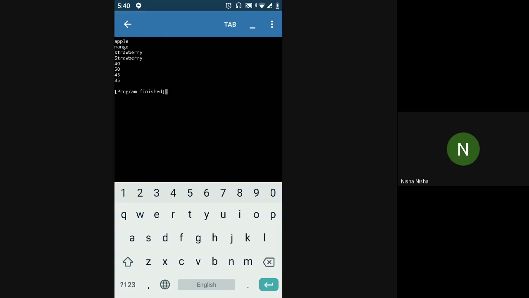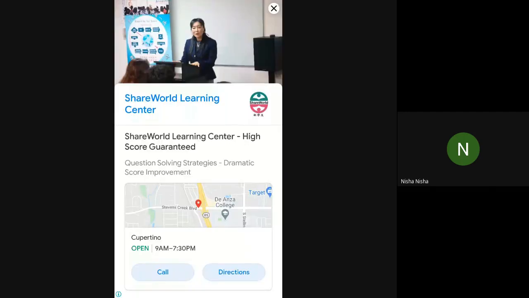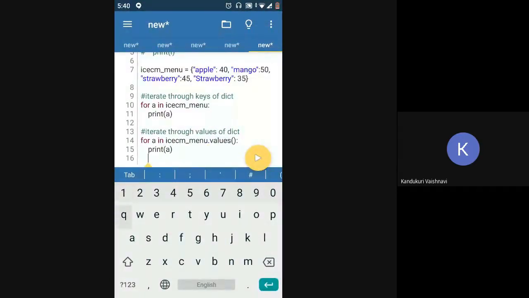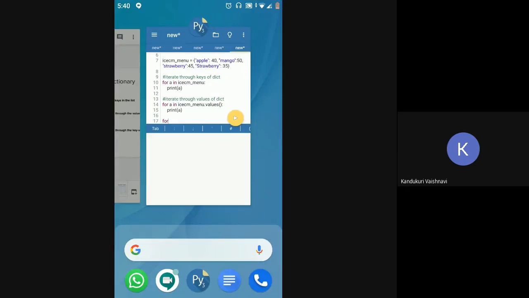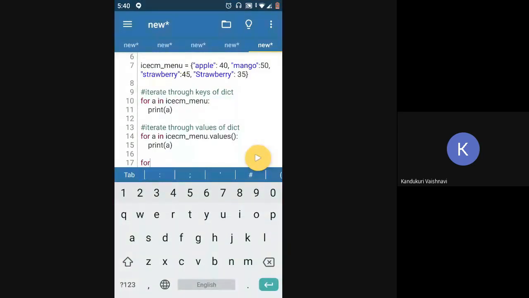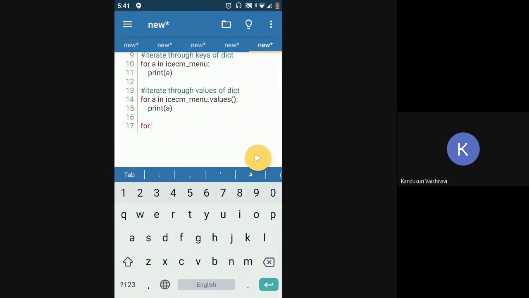Now, in case you want to print both the key and the value for any dictionary, like apple 40 rupees, mango 50, yeah, that's what I'm saying.